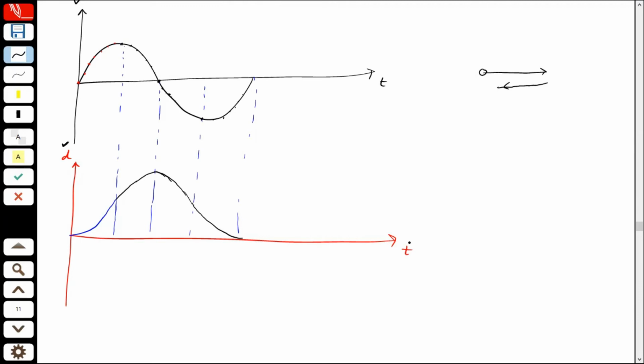So this is the displacement time graph, looking at this velocity time graph. The gradient is 0 over here and 0 over here because the velocity is 0 at these points, and the gradient is 0 at this point as well. So velocity is 0 and gradient is 0 at these 3 points. The gradient is increasing, then decreases, then becomes negative and increases, then decreases. So the displacement of the object has become zero. This means that the object has reached its original position.